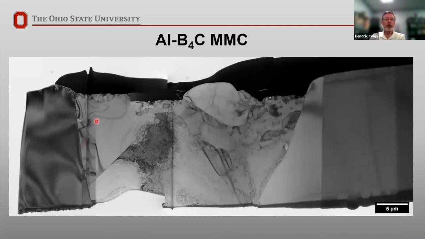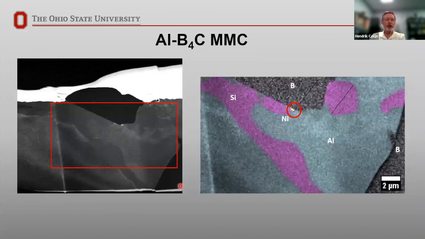phases. So I went into STEM mode and focused on a smaller area of this sample, this area, which is now shown in this image. And then from this image, I collected a spectrum image from this rectangle here. As we look at it, we see that I've got silicon and aluminum and my boron carbide up here. Now, this is pretty close to what you could do in an SEM. You see that I've got a 2-micron scale bar here.